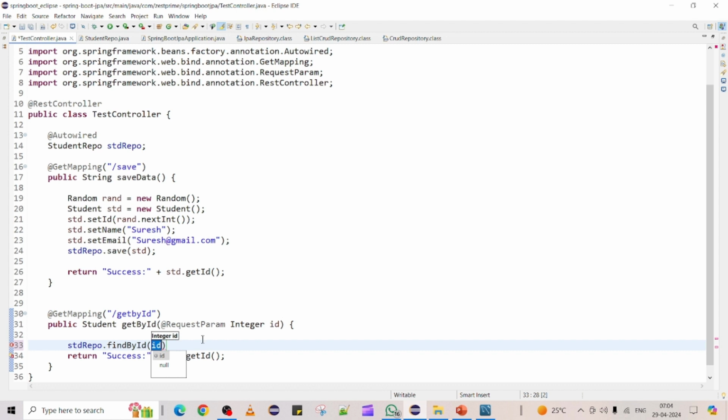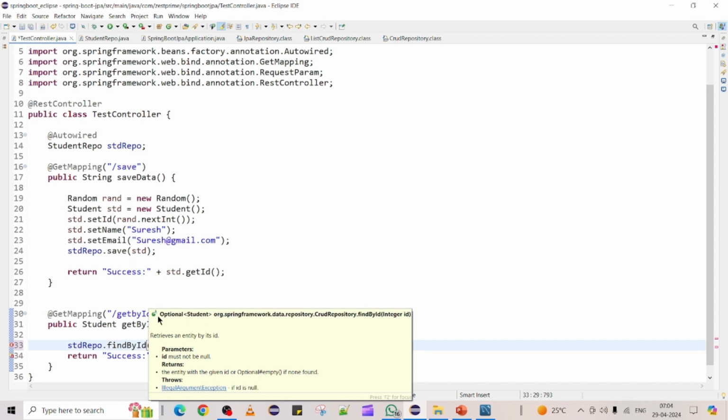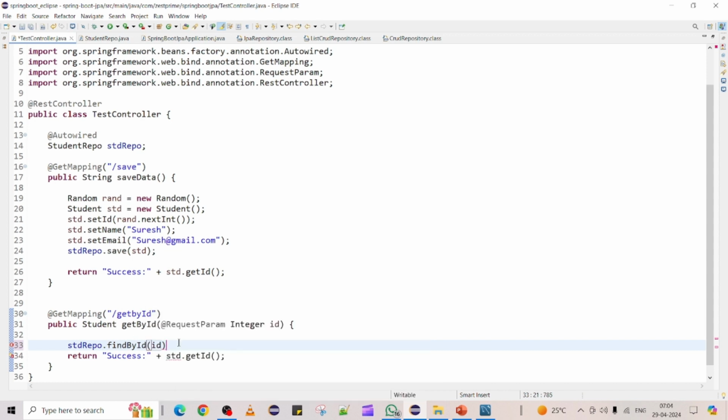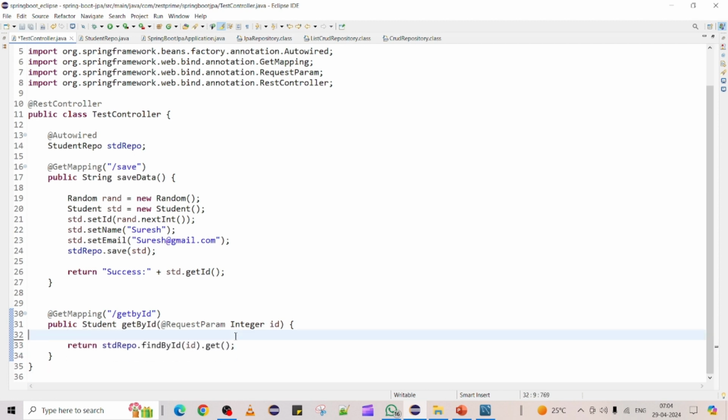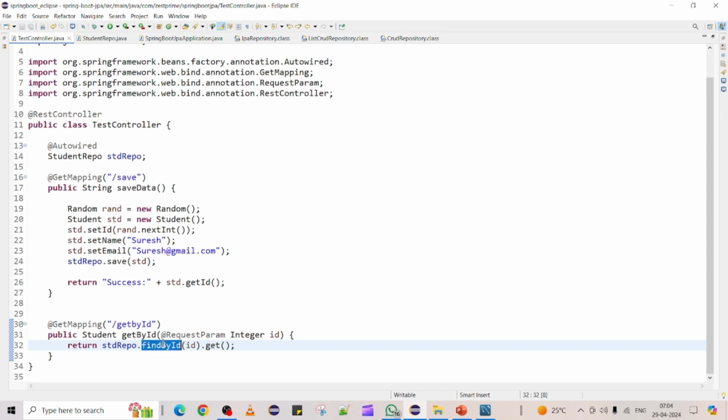This is the ID I'm going to give, and it will give an Optional of Student. The return type you see here is Optional of Student. So I'm going to get one student from that. Finally I'm going to return it back to the client or end user. This is the way we can retrieve one student by using the primary key as a student ID, give it to the repository, and you will get the corresponding student and return it back. Okay, so to test this one I need to